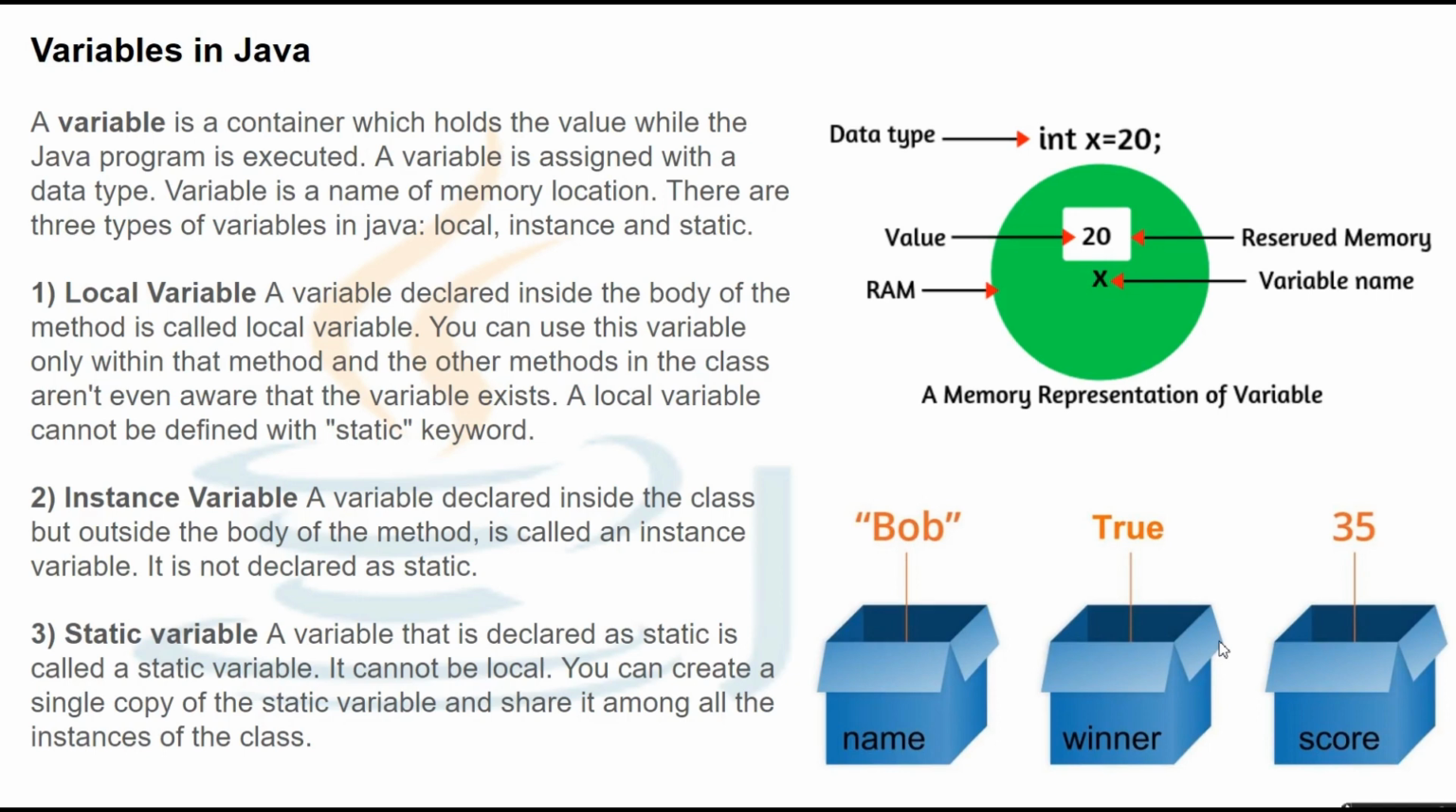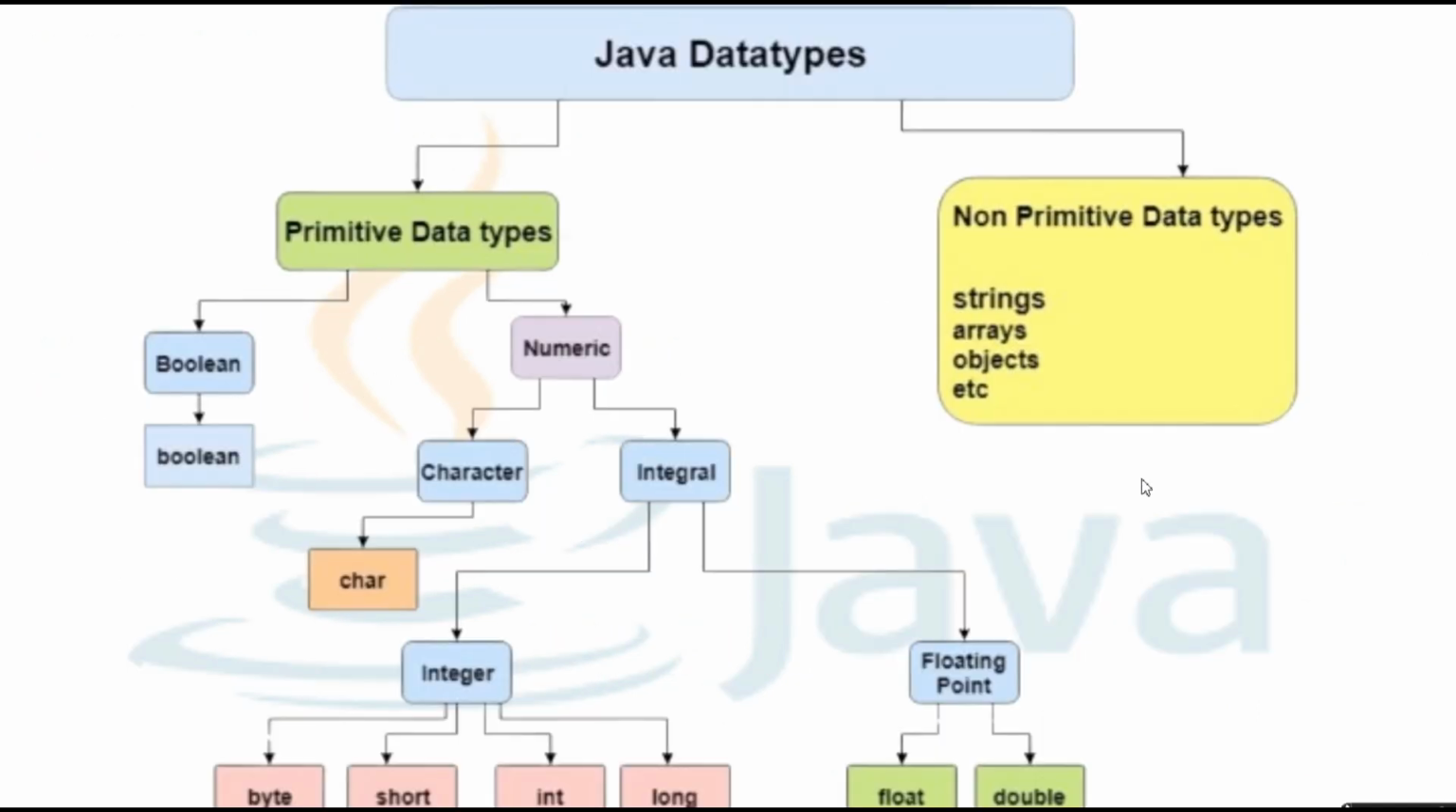So now let's talk about the data types in Java. In Java, data types are broadly divided into two types: primitive data types and non-primitive data types. Primitive data types are those for which Java has fixed everything, that are non-customizable. Java has already decided how much memory they are going to take and